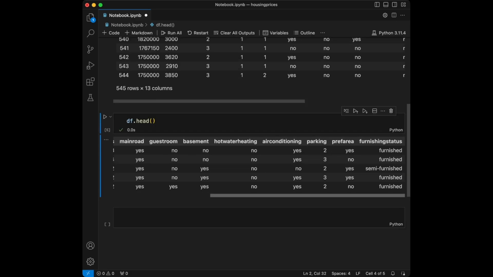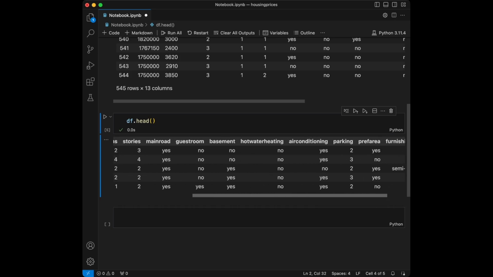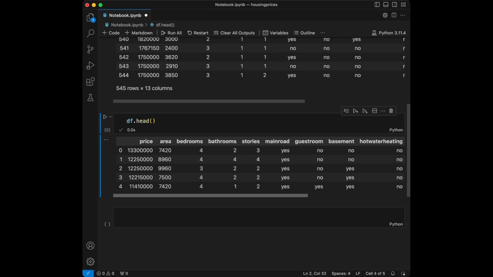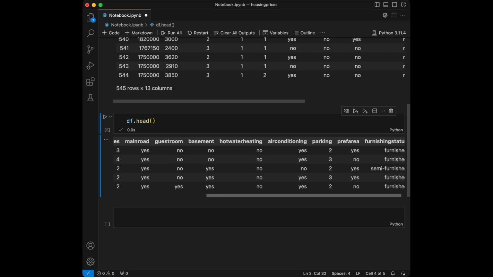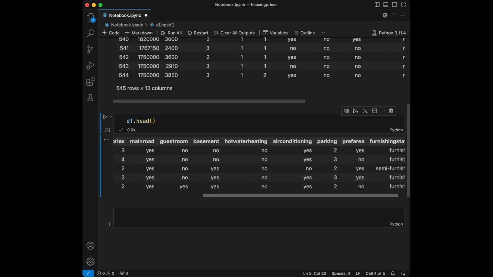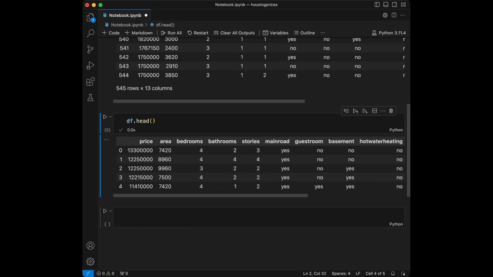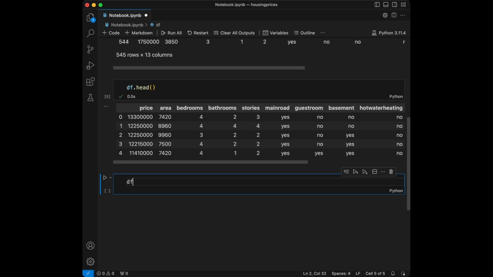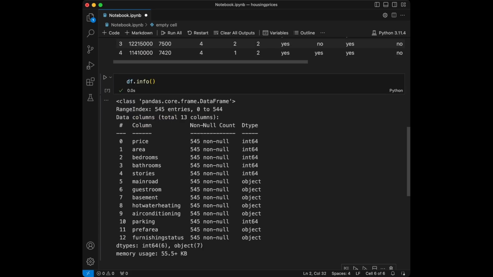All of these features can affect the price of a house, and we are going to look at all of them in the analysis side, but at the modeling side I'm not going to take all of these features. I'm just going to select the ones that I think can affect it the most, and I'm going to create regression models with those features. Let's get general information about our dataset using dataframe.info,